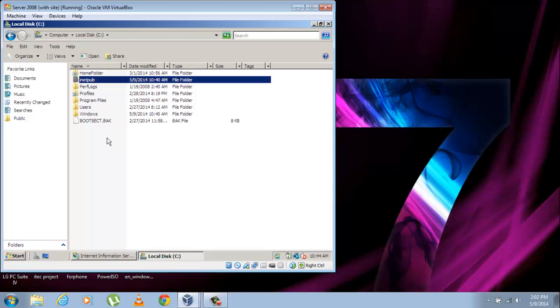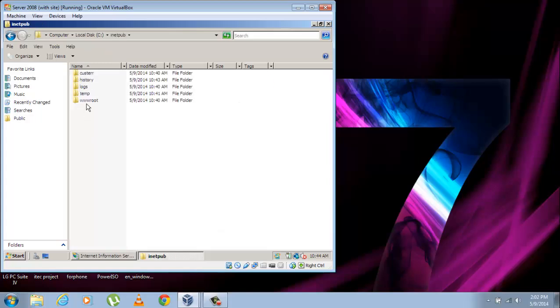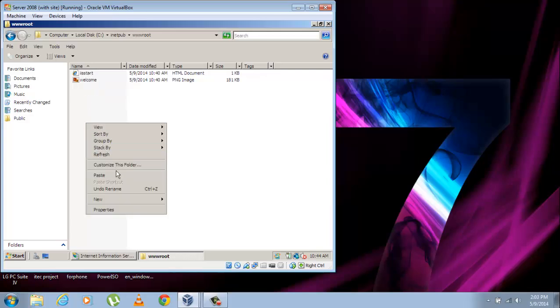That is the folder that's created when you install the IIS. This is the folder that has everything for the web server, and this one, wwwroot, is the default folder for the default website. I'm going to put my folder in here,